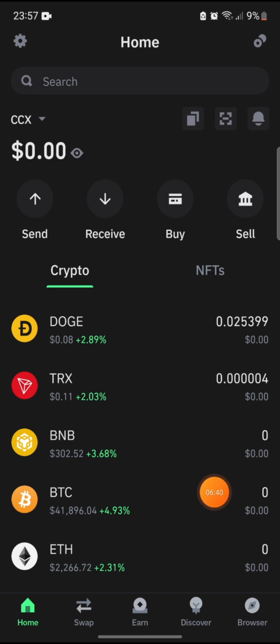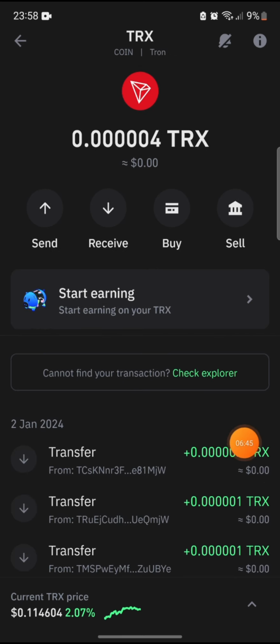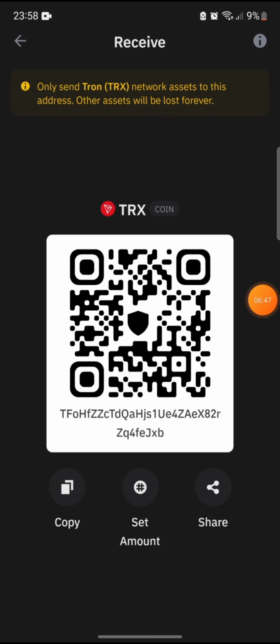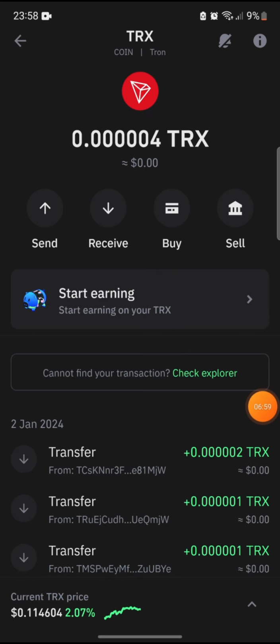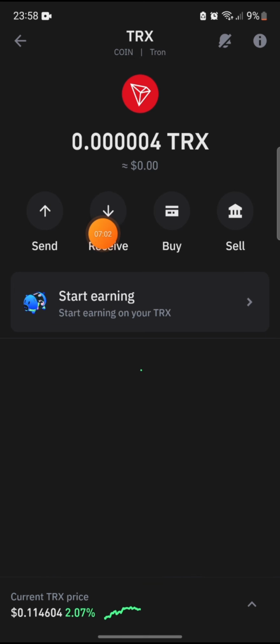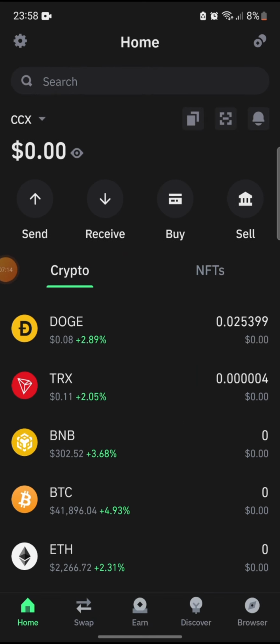So what you'll have to do is to click on TRX and then click on receive. You copy this Tron wallet address and then go to Binance and buy TRX and then withdraw it and send to this address. It will now be in your Trust Wallet. If you cannot do that, you send your TRX wallet address to somebody to fund you with a minimum of 20 TRX, and sometimes up to 30 TRX depending on the fee. Then you can now come back and click on